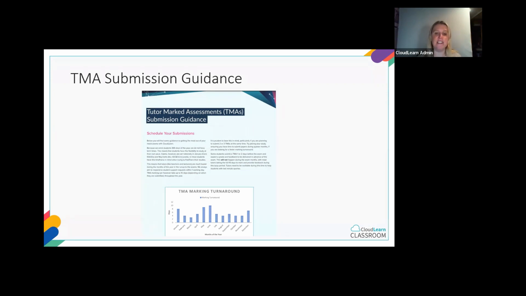Again, we went over this in depth before. I won't do so again, but just as a reminder, there is some key information to read here on how you submit your work if you're having any trouble, and a really useful graph here to show you which months of the year have the shortest and the fastest turnaround times. Obviously, the